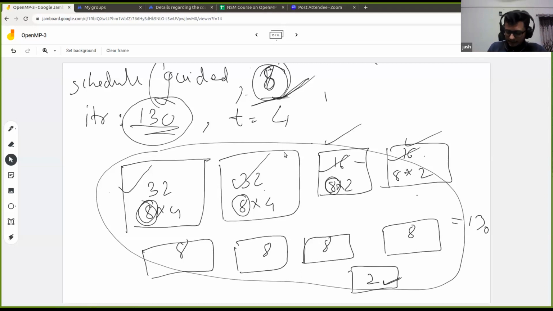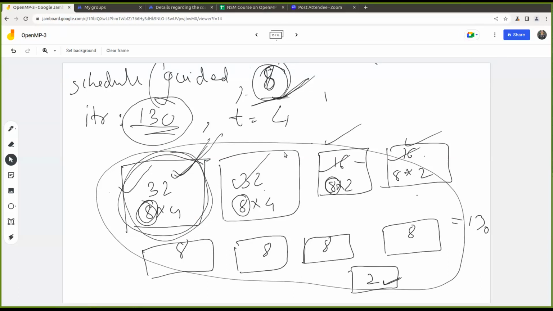As I was saying, this chunk, this piece of work, might have some iteration which is very expensive, and whichever thread it is assigned to might end up getting overloaded.